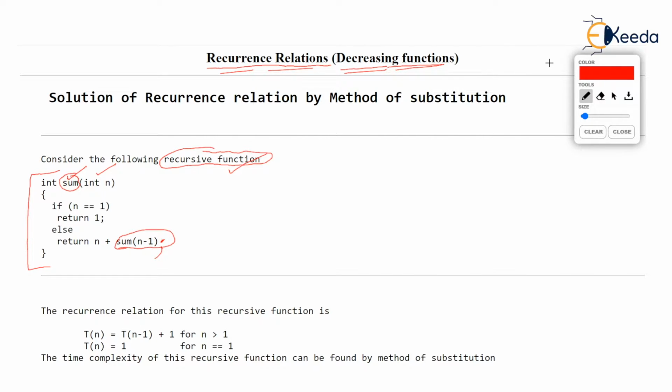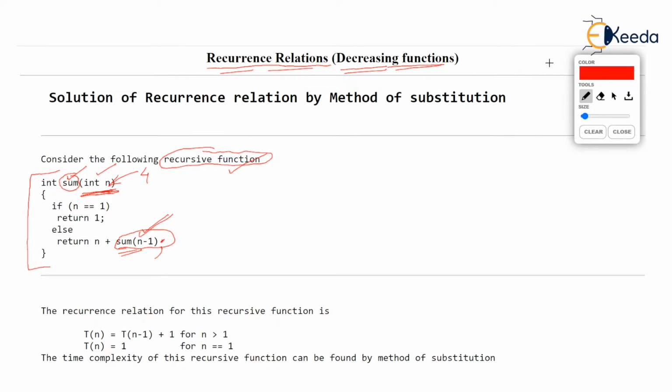So some function is calling itself, but look at this. Sum starts with the data size of n. Look at the parameter passed to sum, int n. So if we pass the value of n to this sum function, then sum calls itself again with the parameter n minus 1. Observe. That means suppose n is 4,